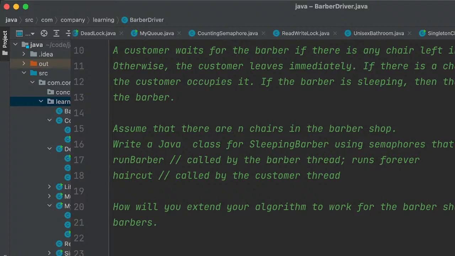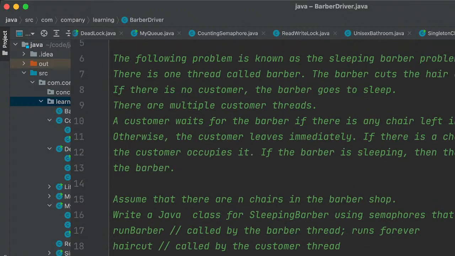At any point of time, n customer threads. A customer waits for the barber if there is any chair left, otherwise the customer leaves immediately. If there is any chair available, then the customer occupies it.